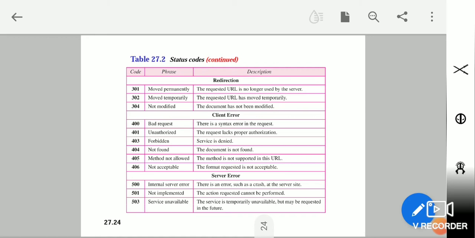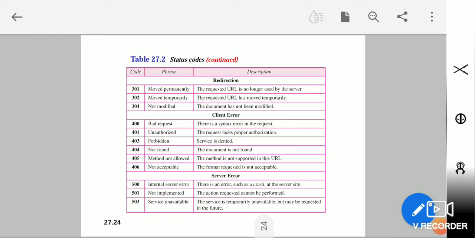Next, another important thing is client side errors. This is what we incur most of the time. So 400 means bad request, 401 means unauthorized, 403 is forbidden, and 404, yes, this is what we get most often. Whenever we request a page and the page is not found, this is called a 404 error. And similarly, server side errors: if it is 500, it is called internal server error. 501 is not implemented. 502 is bad gateway, and 503 is service not available. So these are the errors that happen at the server side.